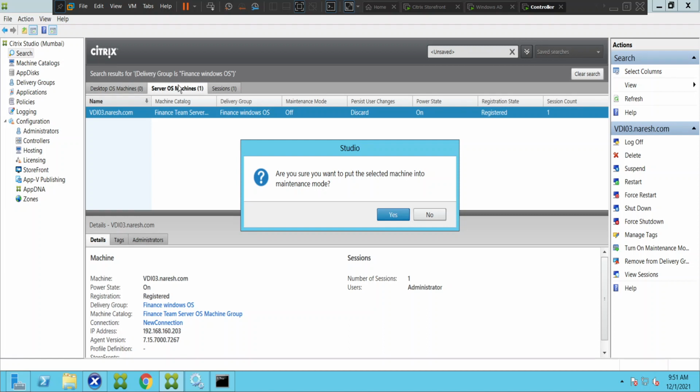But if new users try to connect to this application and the request goes to this particular server, they will not be able to access it. The existing sessions would be there, but new sessions will not happen when you keep the server under maintenance mode in server OS machines.